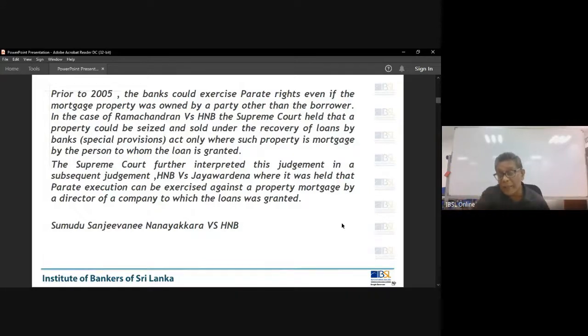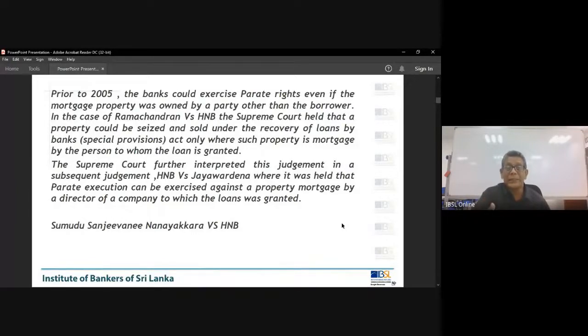Then what happened? Jayawardhana's lawyers tried to quote the previous judgment given by the Supreme Court in Ramachandran versus HNB, because the third party cannot be executed, right? But again, the judgment was given